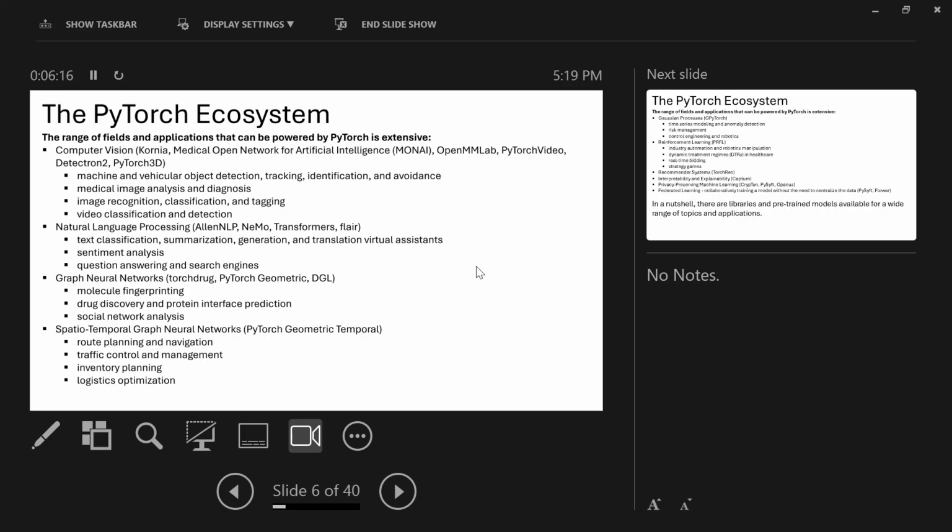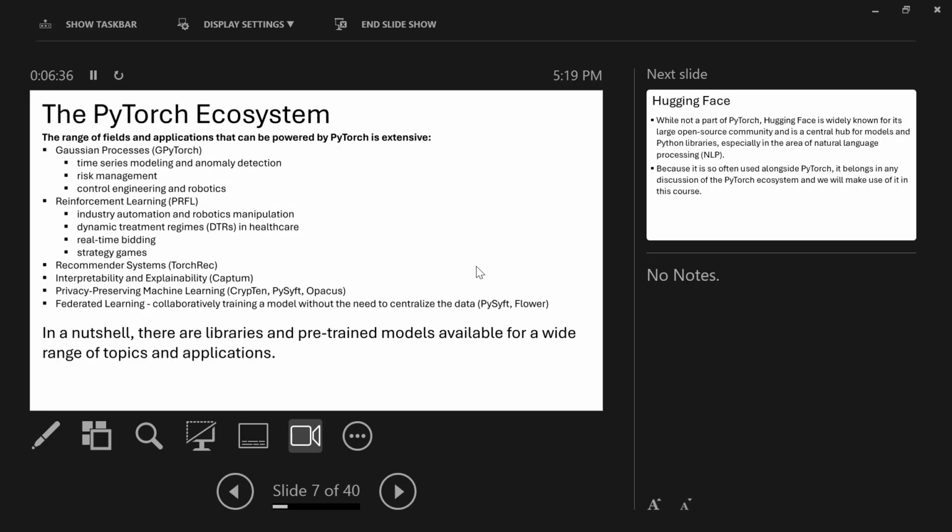Then it can do graph neural networks and temporal graph neural networks. We're not going to be considering these applications, but you just need to know the capabilities of PyTorch. It can do all of this. Also reinforcement learning.